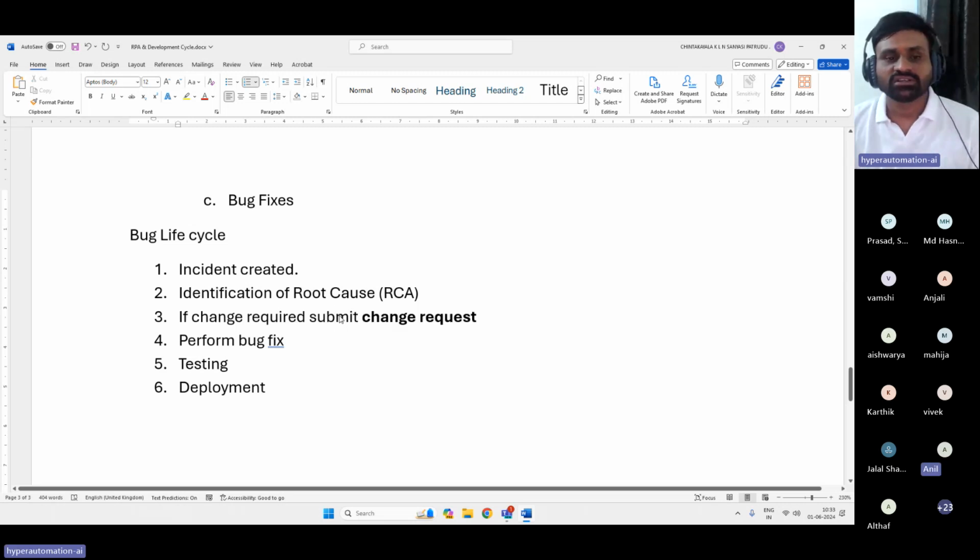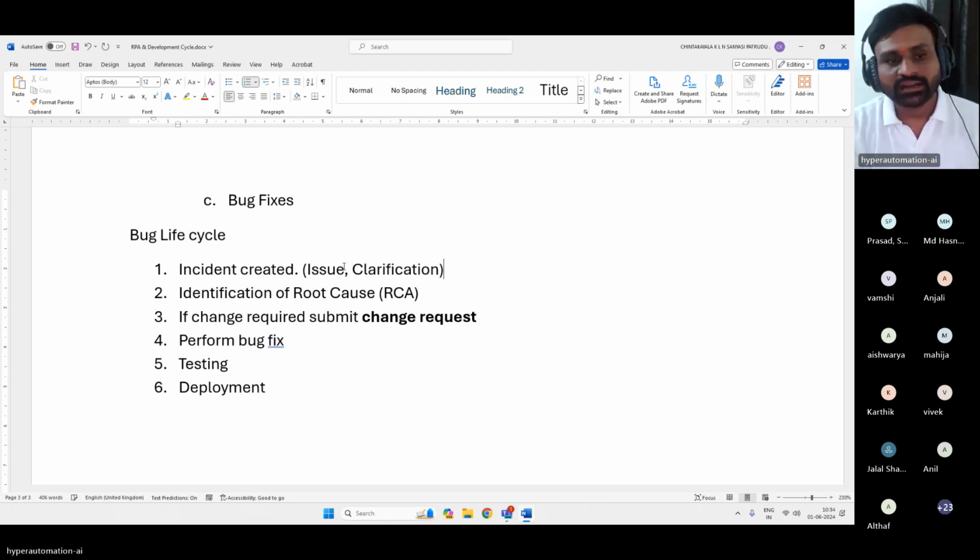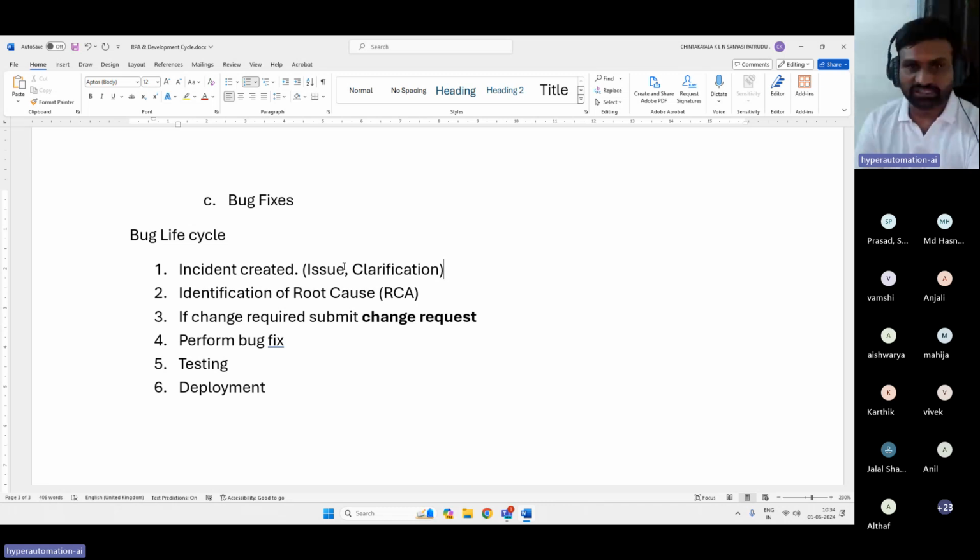In some scenarios, change might not be required. It's kind of a clarification. Incidents will be of two types. One is issue incident, the other is clarification. And we will have incident priorities as well. Based on the priorities, we need to have an SLA associated with that. SLA is nothing but the time by which we need to respond back.